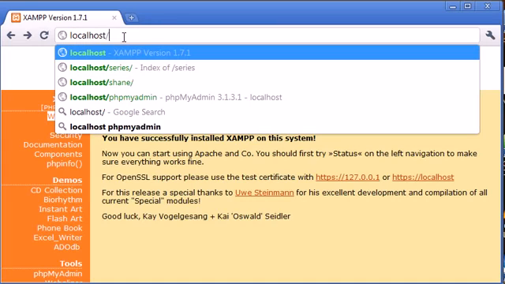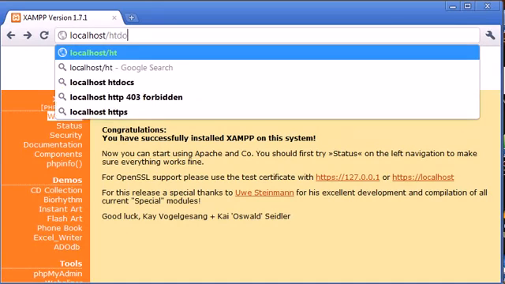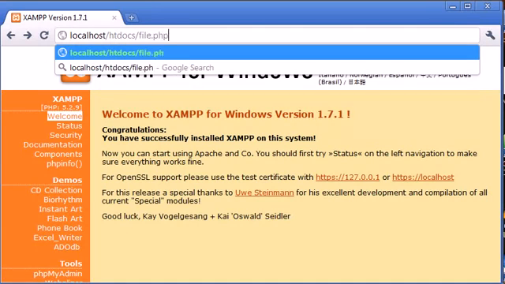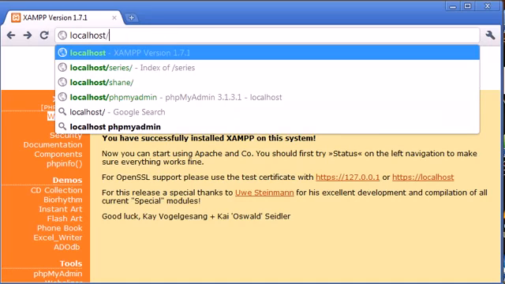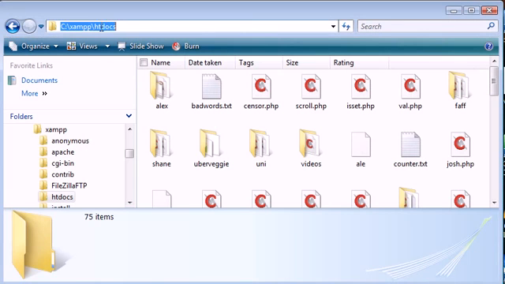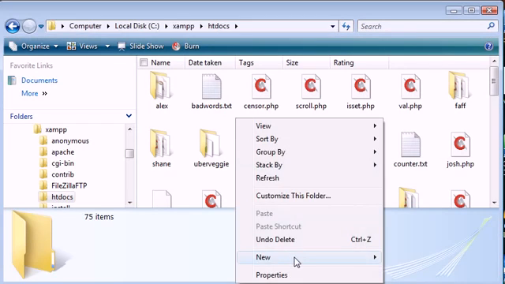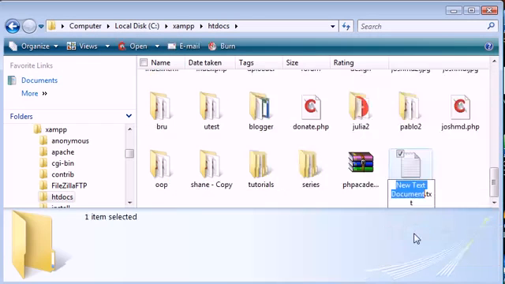Now we don't need to do localhost/htdocs/ and our file, because htdocs is the root directory, if you like, for where our file should be. So let's go ahead here and I'll create a new text document,